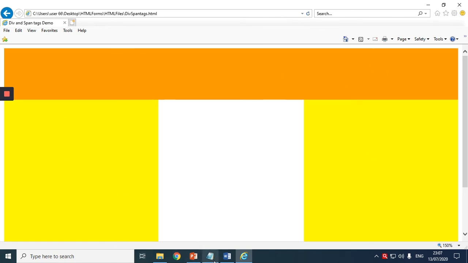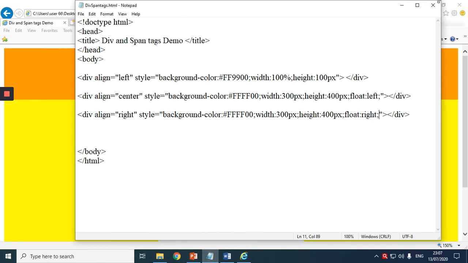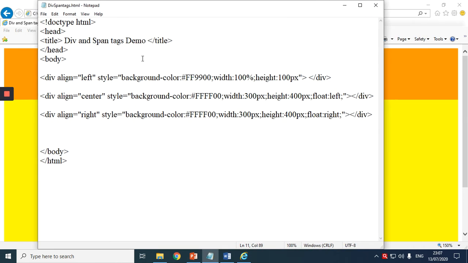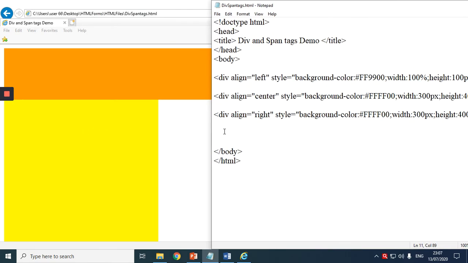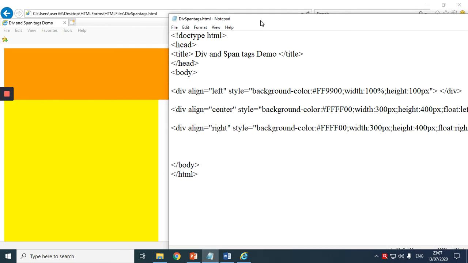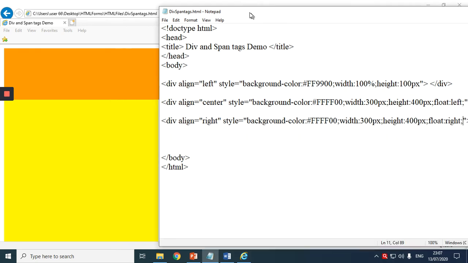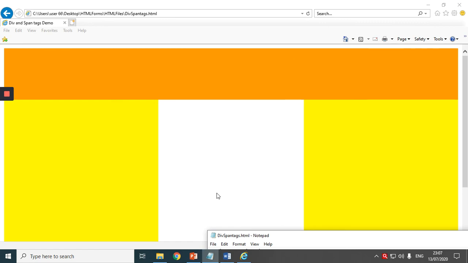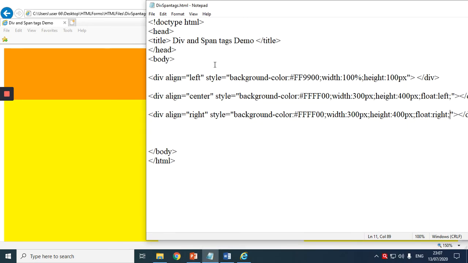I have divided my web page into 3 different sections. The top section is horizontal, and observe the next 2 sections are vertical sections, correct? With 300 pixels each. Earlier they were overlapping. Now they are vertical sections with 300 pixels each. The middle one has a white background, correct? I want to give some other color to it.